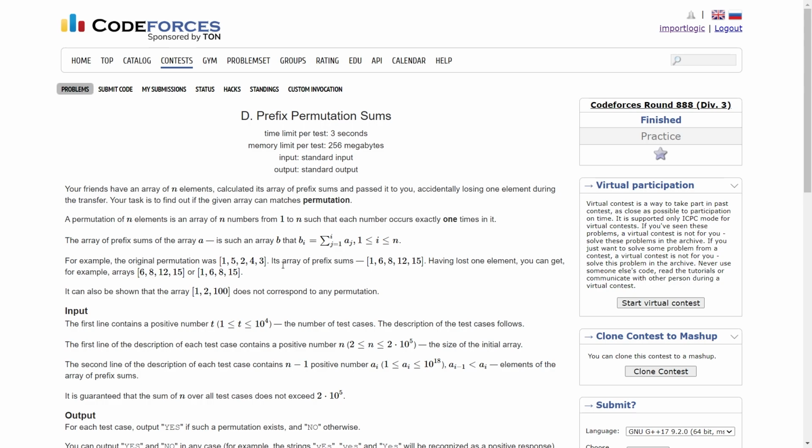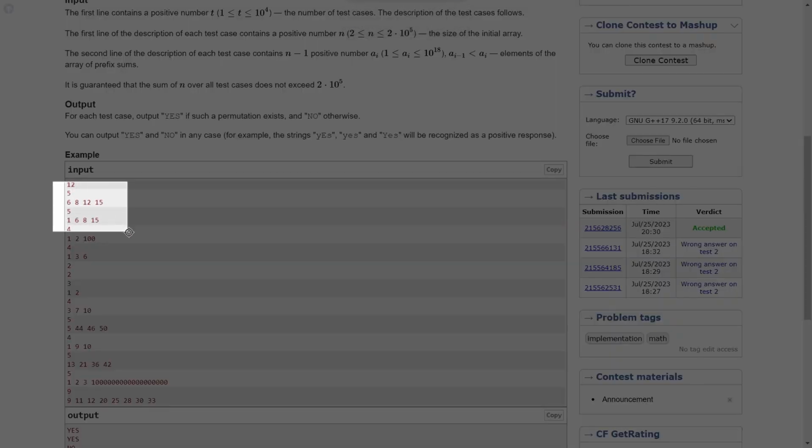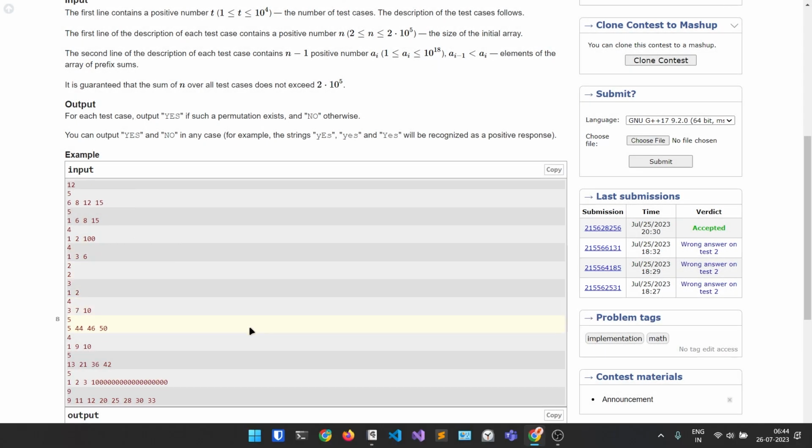This problem says that there was initially a permutation of size n and its prefix sum was calculated and passed on to you. But unfortunately, one of the elements is missing from the prefix sums. We have to find out whether this prefix sum can correspond to some original permutation that might have existed. So what we essentially have to do is, let us discuss this with the help of some examples. So if we have this with us,